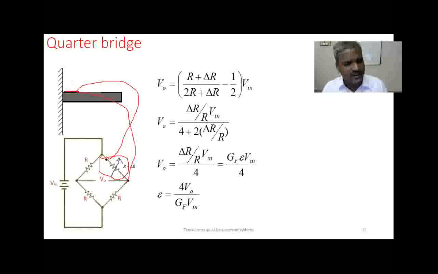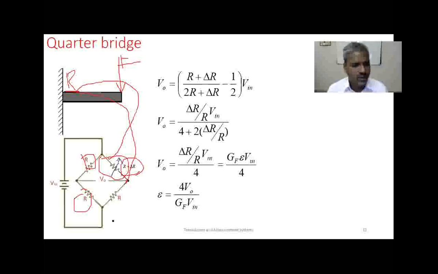So this arm is replaced by the connecting leads of the strain gauge. This is a real field strain gauge, bonded over the cantilever beam. When we apply a tension force here, the strain gauge resistance increases. Since it is a tensile force, R is increased, so R plus Rg equals R plus del R. The other arms of the bridge are equal to the nominal value of the strain gauge.